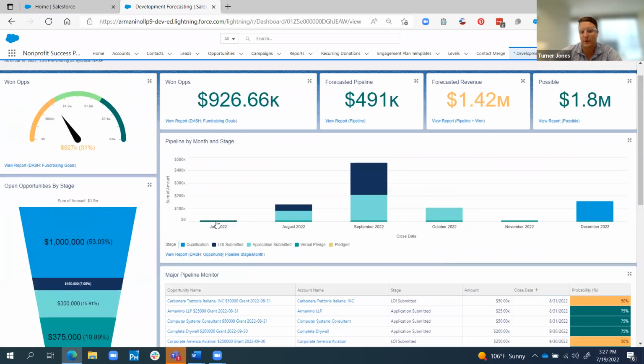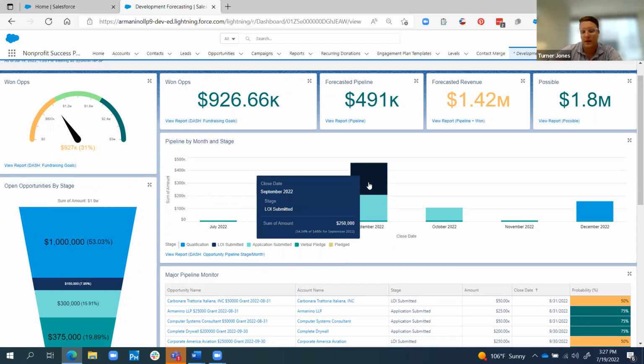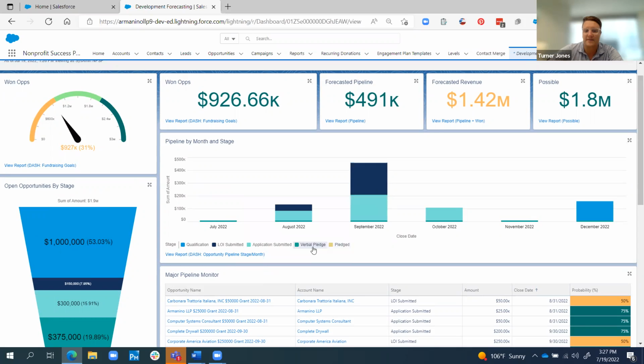This shows us, looking forward, all of our opportunities that are going to close throughout the next year. And you can see that these colors identify what the stage of the opportunity is.